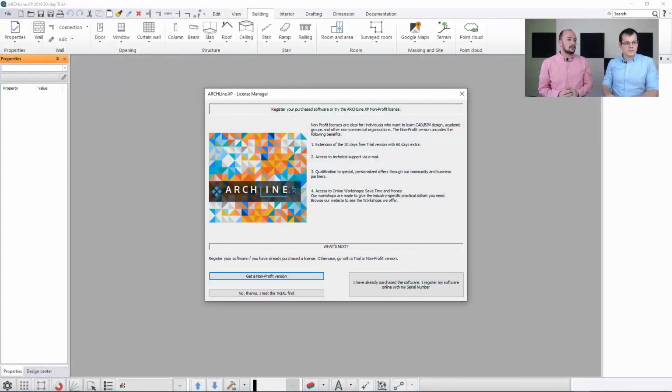Now, should you go with any of the other options? Let's go with the non-profit version. A non-profit version is for those who would like to use it as a home enthusiast, or perhaps students, and for the ones who are not willing to work with a commercial license because they are not making anything for profit. In that case, we just go with the highlighted button to get the